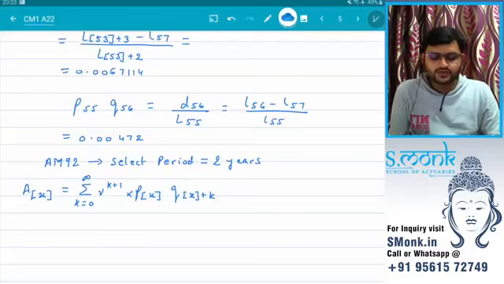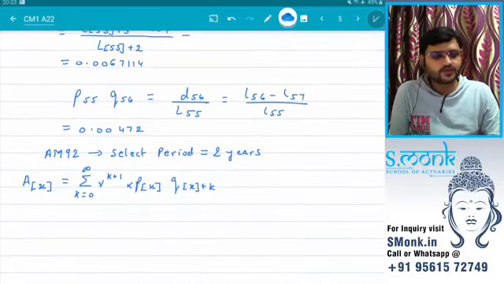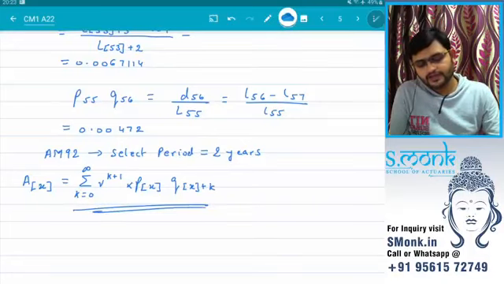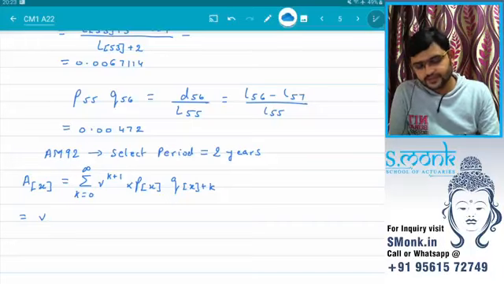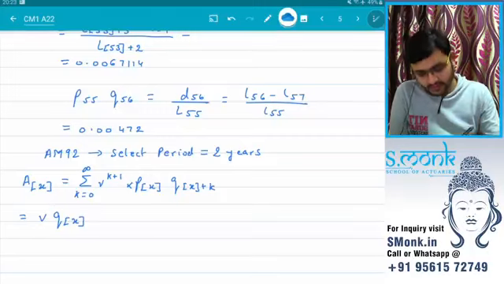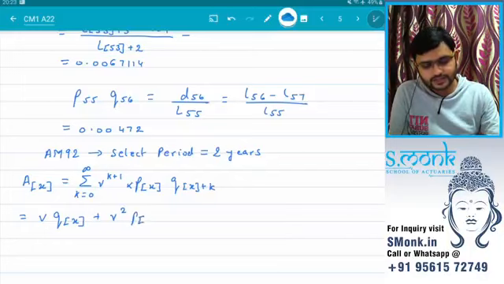Okay, so after 2 years the selection period goes away. Now if I want to write this in terms of series, if I want to write what happens, so when I put K equals 0, we'll get just v^0 px, which we know is 1, and q select x, then plus we'll have v squared, 1px, that is select x, and then q select x plus 1,